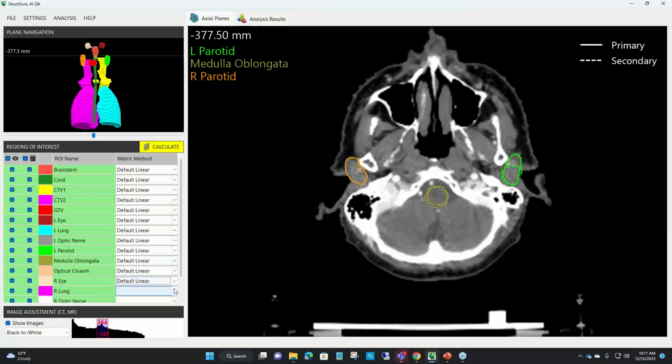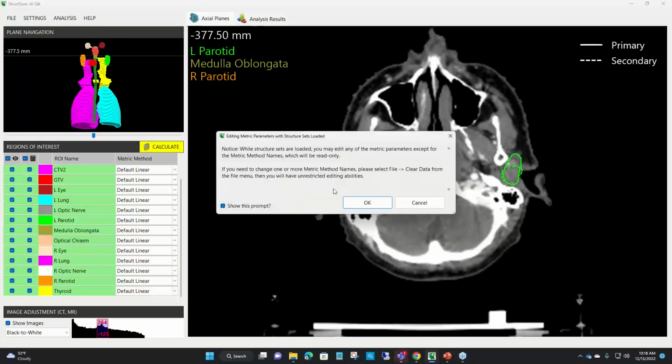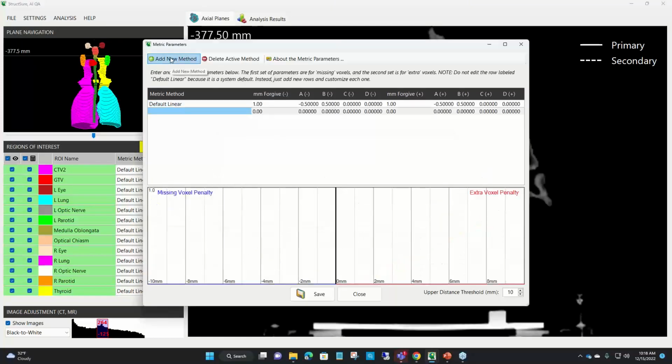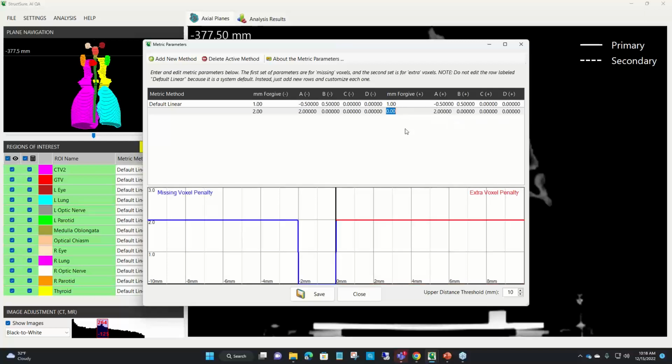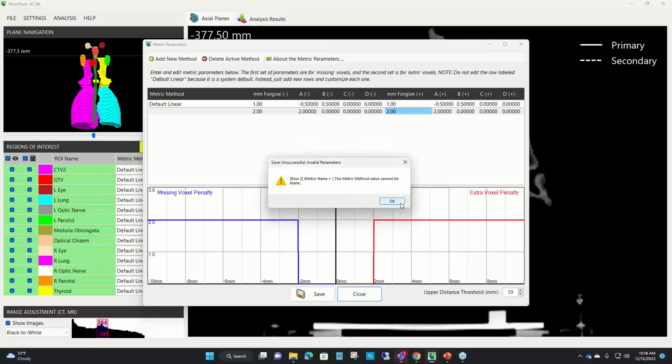You can put together your own scoring system. In fact, let me show you that real quick. There we go. So back to here for a second. If I bring this up and I want to add another one, I could, for example, put this in and this in, and things like that. And now I've got a new way of doing it. It's a kind of crazy way, but a new metric method that I could use, my own little scoring thing. But I'm not going to bother with that one right now.